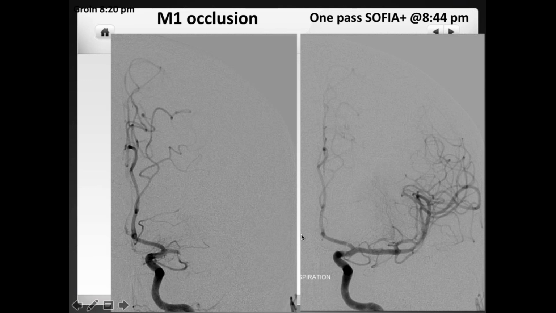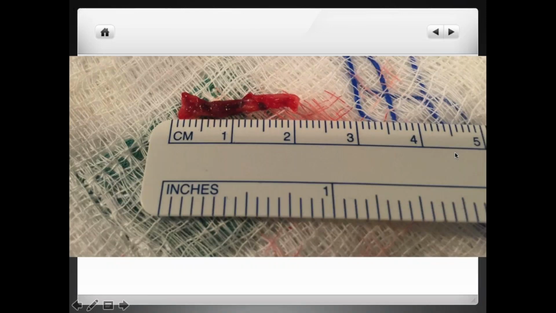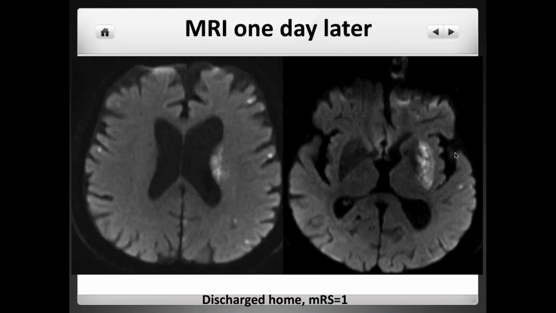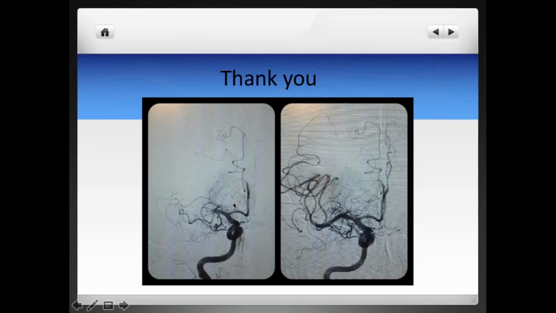This is another case of one pass aspiration, M1 occlusion here, complete reperfusion. Good chunk of 2 centimeter clot right there. And this is the MRI 1 day later. Definitely, you basically prevented here a large MCA infarct. And that's about it. I guess in those 3 cases, we kind of underline the utilization of when to go with non-contrast head CT alone and clinical penumbra, when to go with CT perfusion, and when to use MRI to your benefit.